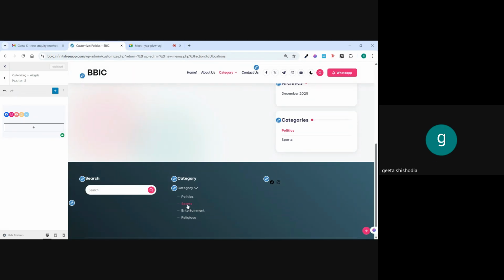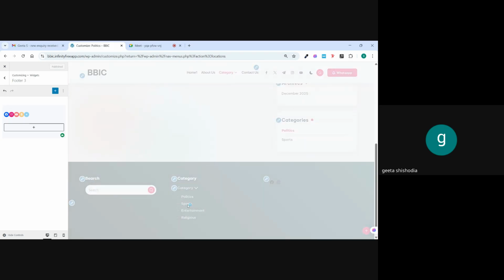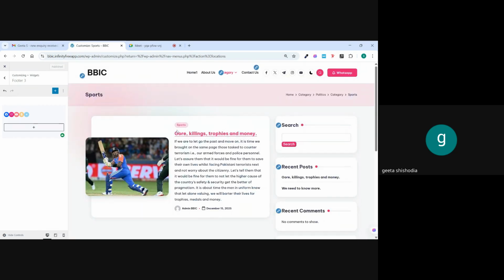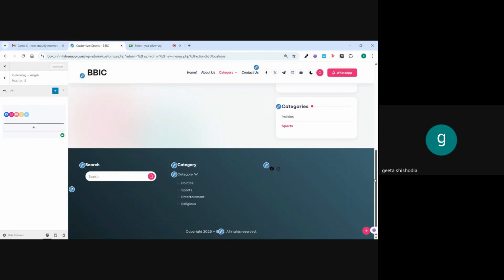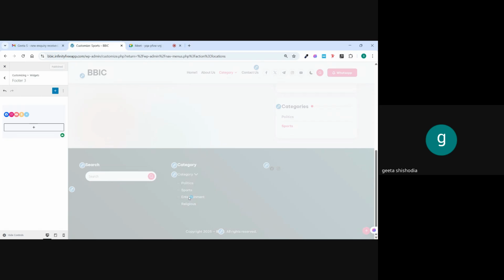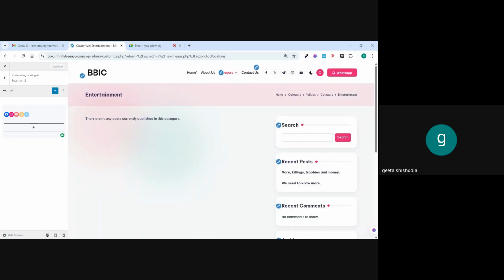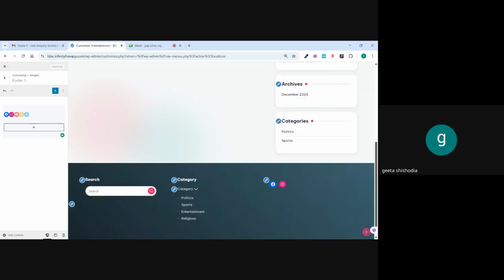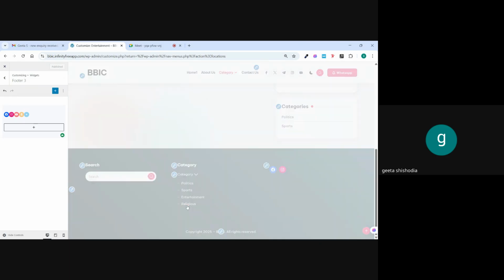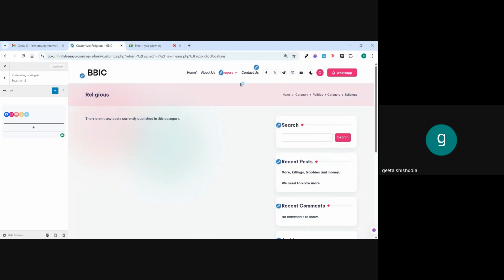Let's test for sports also. Let's click on sports and see whether it is landing on our sports page. Got it? So this is how it happens. And entertainment, let's click on entertainment. It will show you a blank page because we have not created any blog on entertainment. So it is quite clear. Similarly, religious will also be a blank page. You see there aren't any posts. So like this,